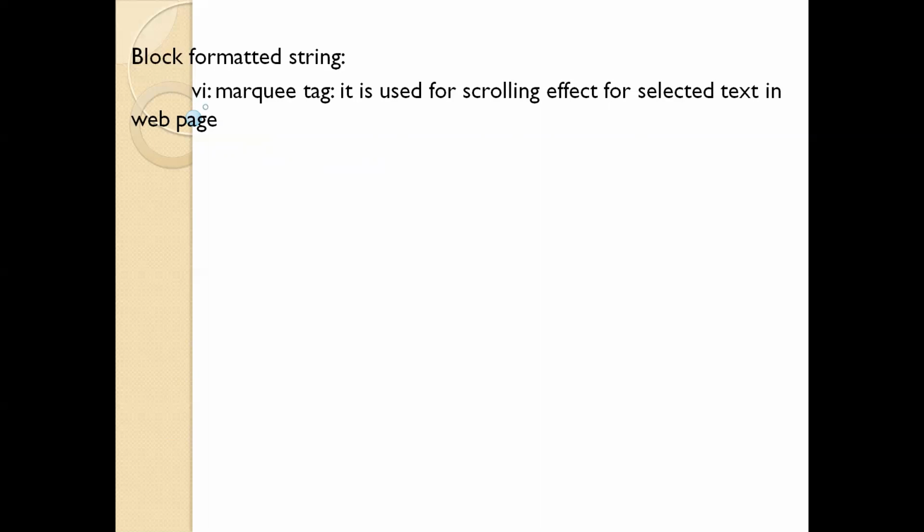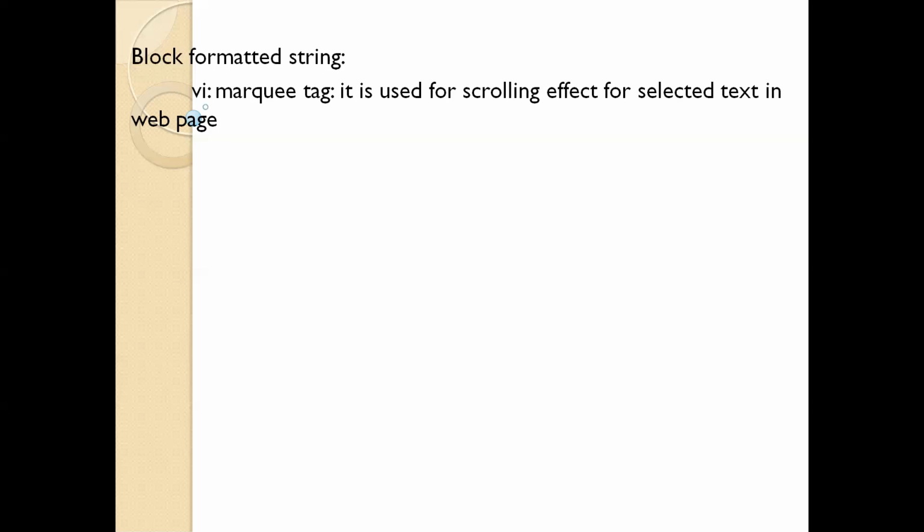Some people may have interest in watching news channels, where you can observe this scrolling of text. In the news channels, whatever news is going on the screen, at the bottom there will be 2 or 3 scrolling lines moving from left to right or right to left depending upon the type of TV channel. That's not a problem. So the text will be moving, and it is used to display some breaking news or very important news.